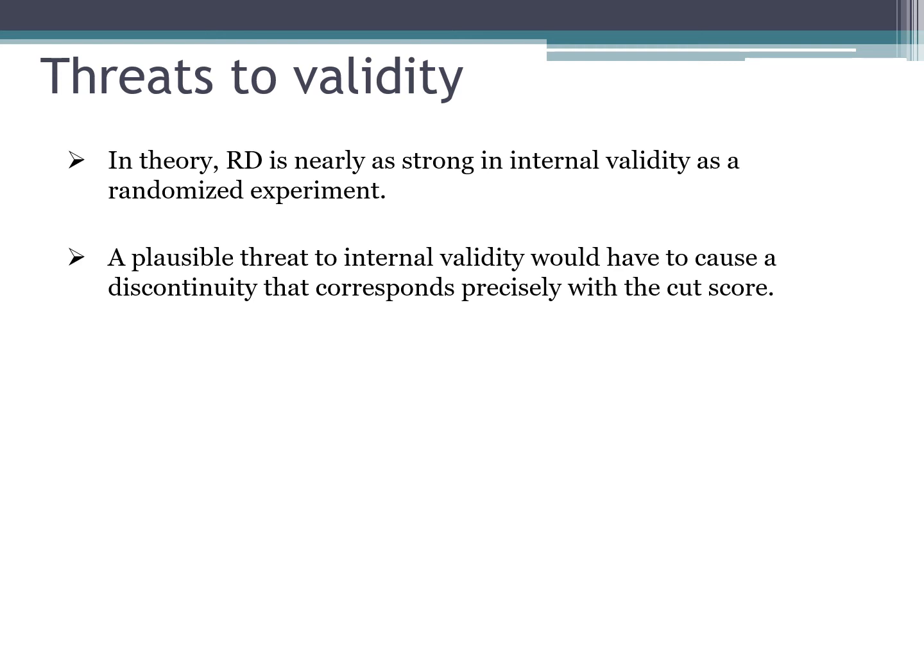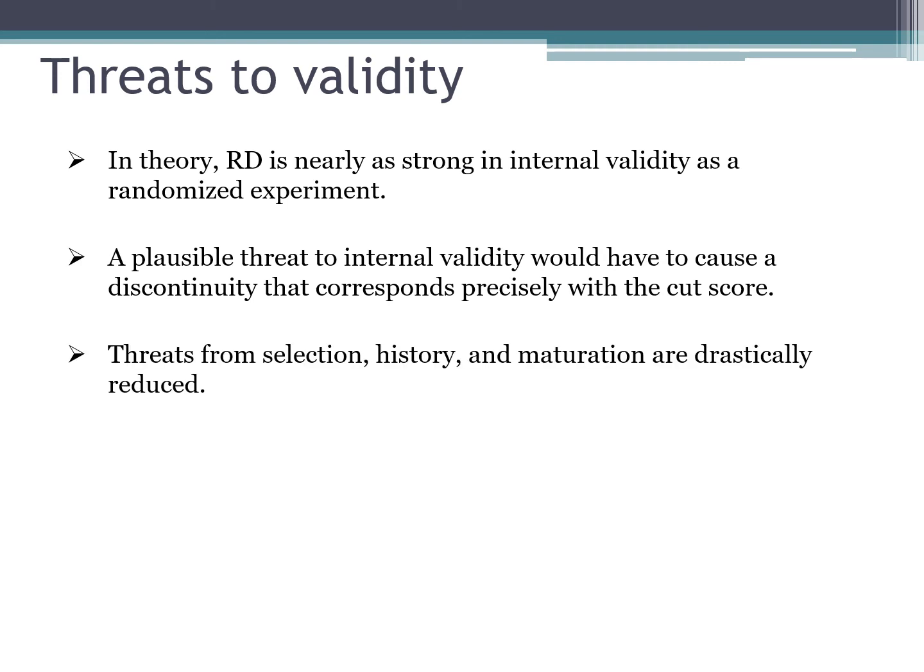And there's no lagged effect like there would be in an interrupted time series. There's no delayed onset or gradual onset effect. It should be very abrupt right at that cut score. And so any threat to internal validity would have to also operate right at that cut score on that variable, which can be virtually anything. So you could imagine that it's very implausible that you would find some variable that satisfies that